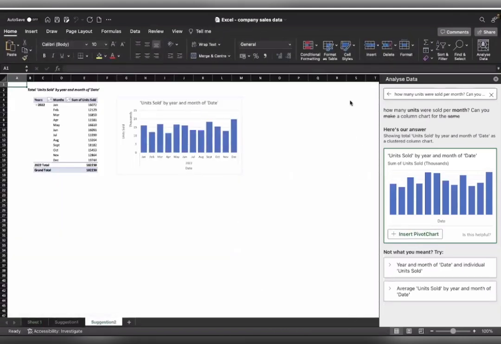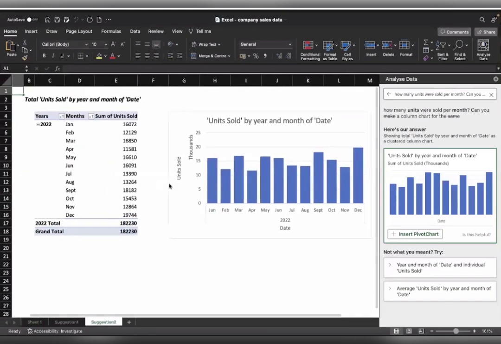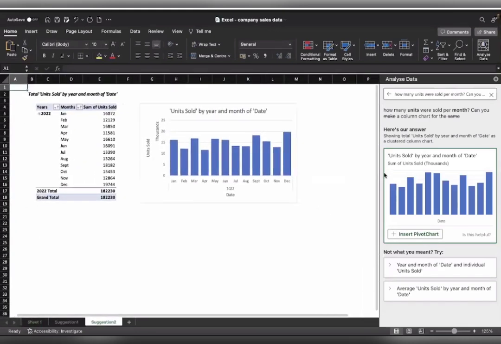So can you see, sheet number 2 is Suggestion 2. That means I've got the suggestion from the AI. This is a ChatGPT version, right? AI integration. And if you see, it has beautifully listed all the things month wise. Can you see, in January we have so much, February we have so much.